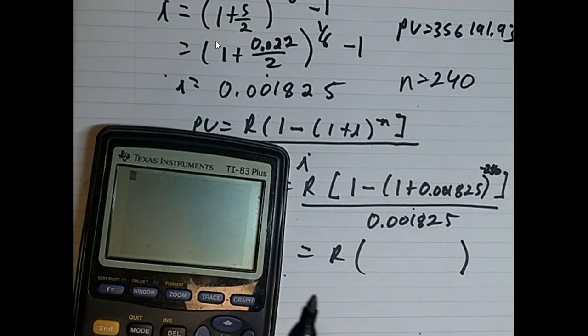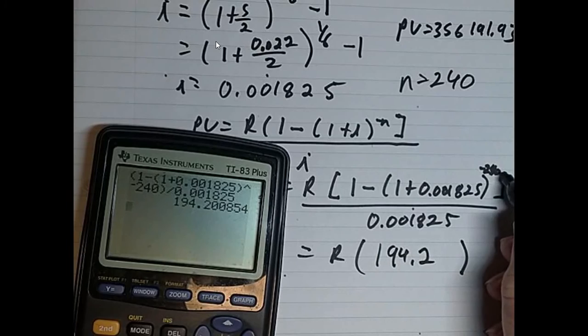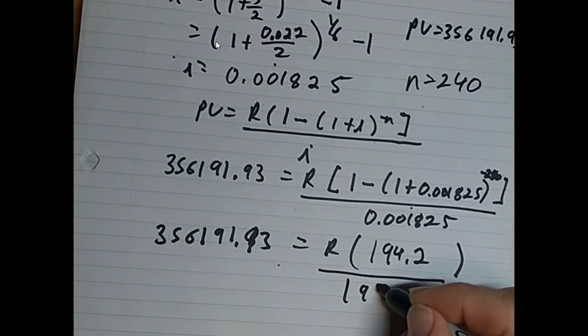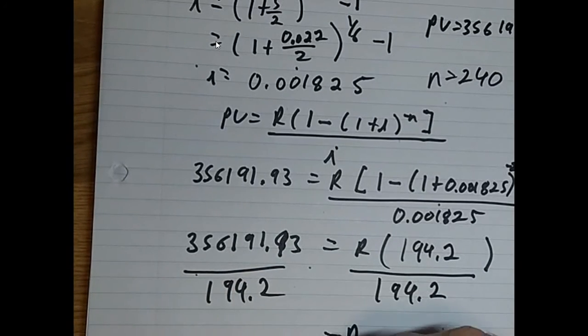Clear. Bracket 1 minus bracket 1 plus 0.001825. Close the bracket, to the exponent, negative 240. Close the bracket, divided by 0.001825. And I get 194.2. So again, that was negative 240. I plugged it in here. I divide by 194.2, and I get R equaling to